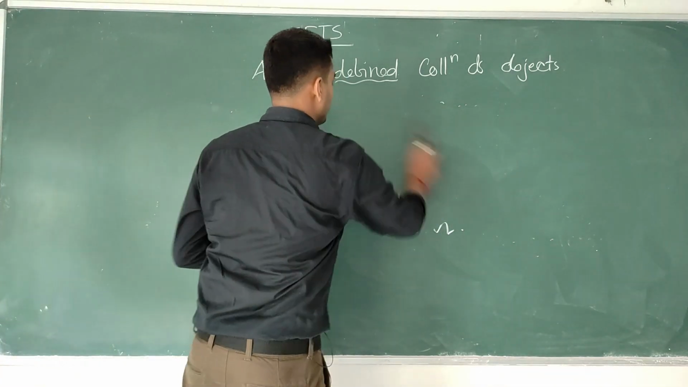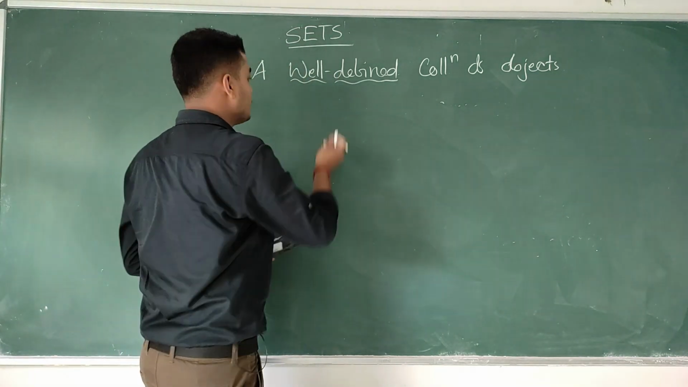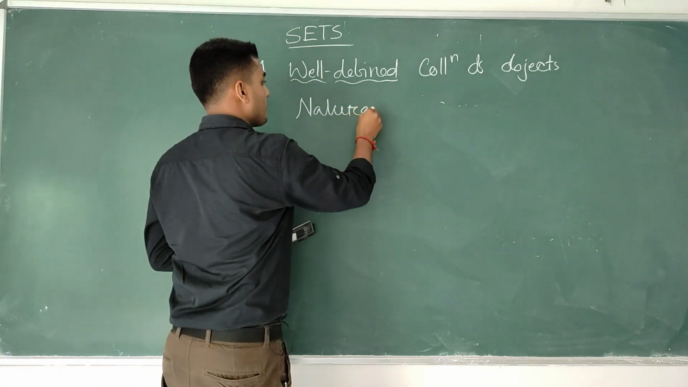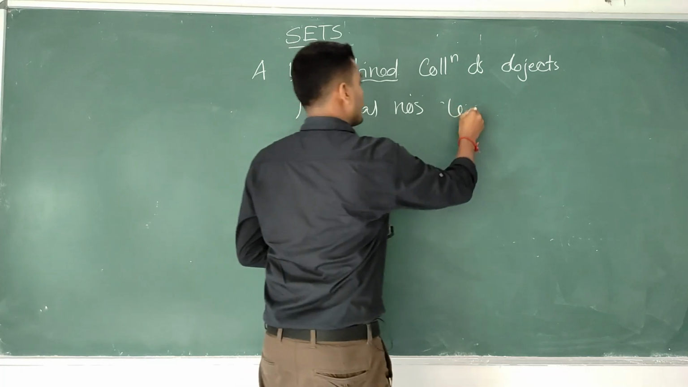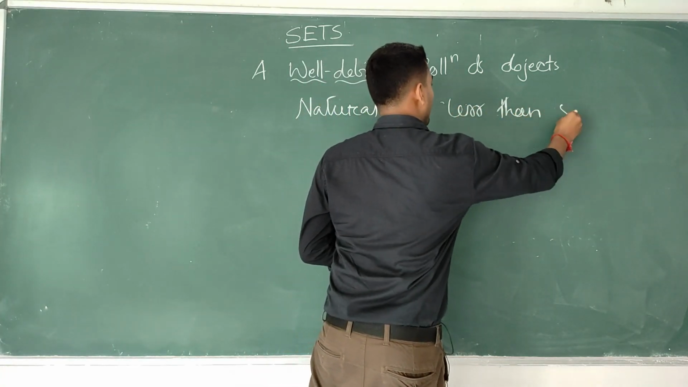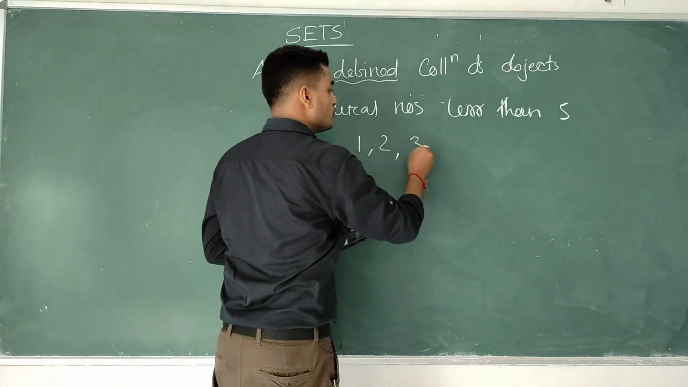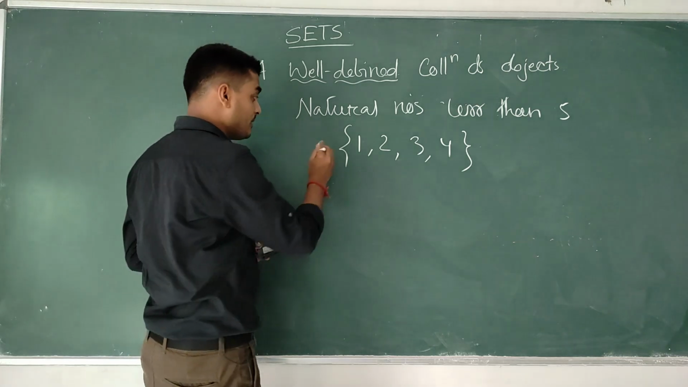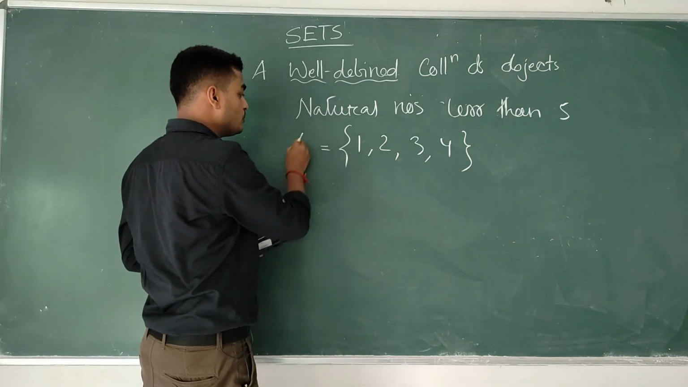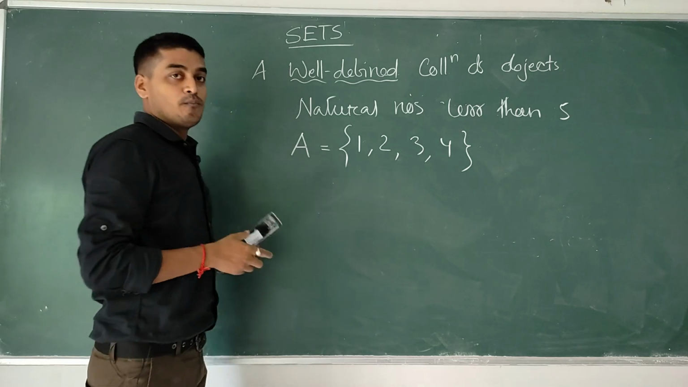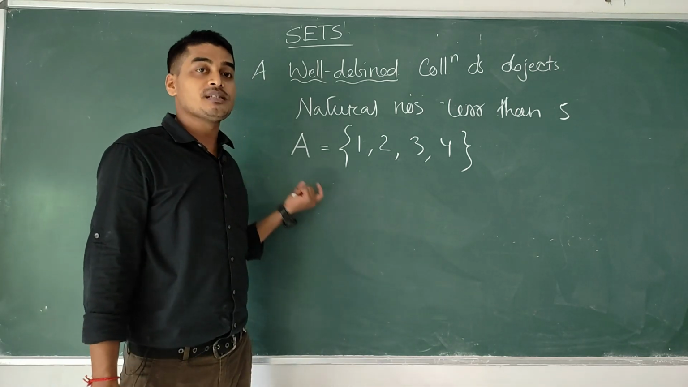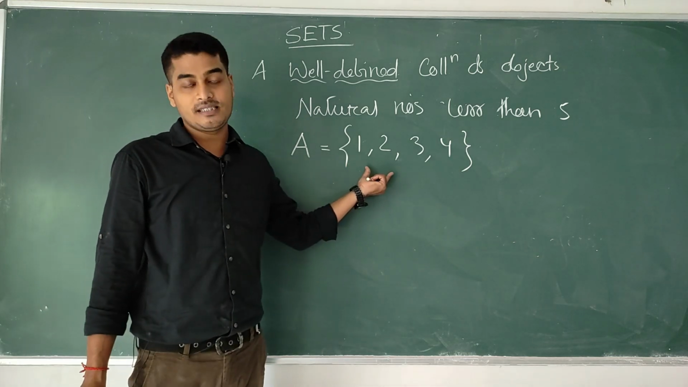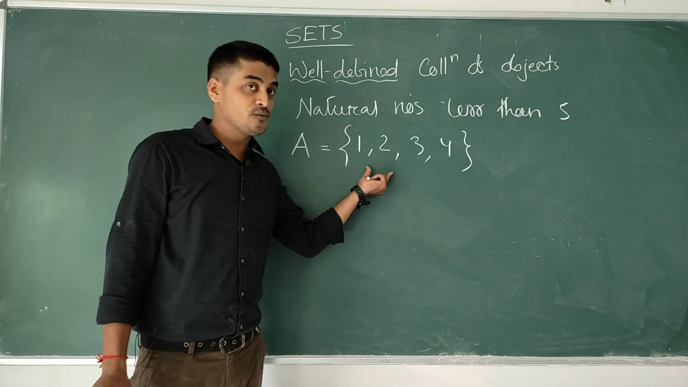A well defined collection of objects. Suppose natural numbers less than 5, so obviously the elements will be 1, 2, 3, 4. Whenever we write them down inside the curly bracket, then it will represent a set. Remember, each and every set should be represented by a capital letter. Every set has a name, and it will be represented by a capital letter from A to Z. Any capital letter can be used to represent a set. First of all the curly bracket should be there, commas should be there in between them,